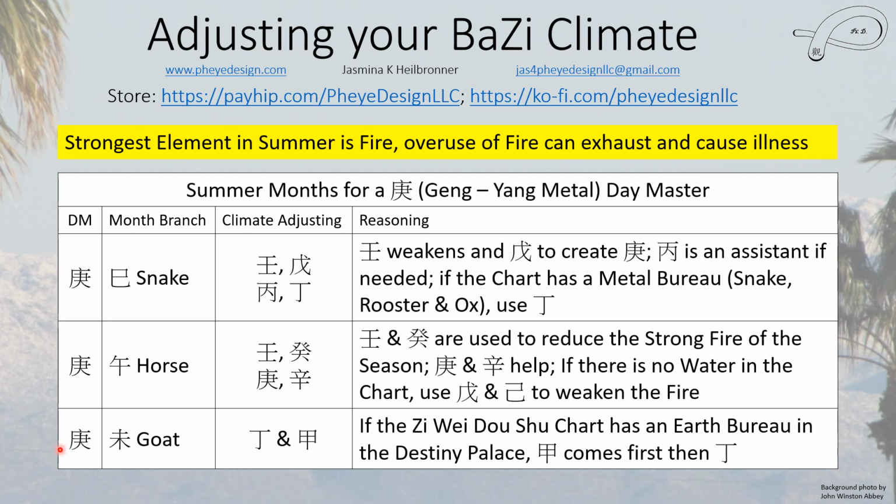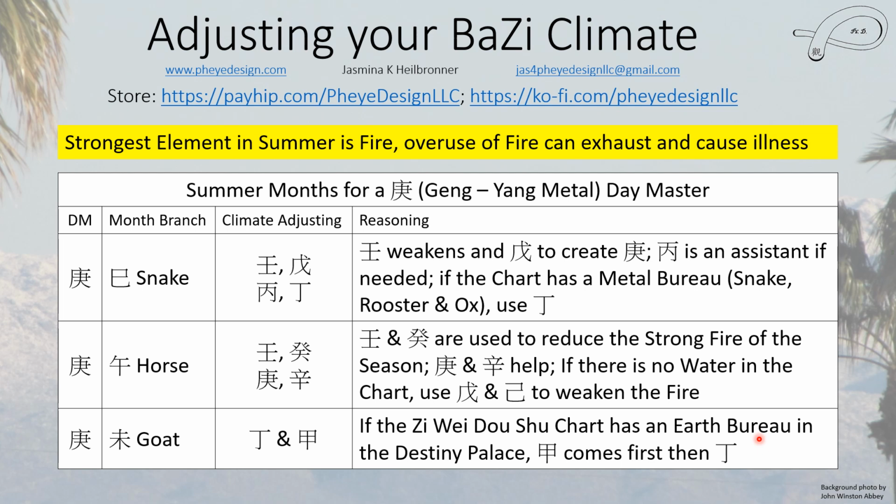And for the Gung Day Master, born in the month of the goat, we are going to use a couple interesting things. Now, there is another type of thing that's like BaZi, but it's called Ziwei Doshu. It actually uses the lunar calendar. So your birth date will be different and it'll have a different chart, but there's a possibility of having an